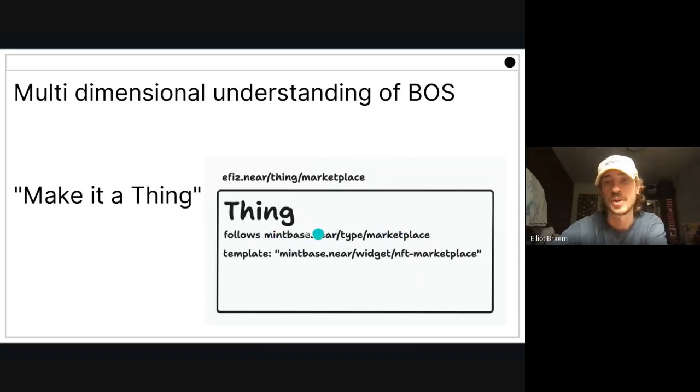And through this predefined schema, we can also organize other things that do the same thing. Mintbase is still part of the picture and we can understand the attribution of them all. If Mintbase were to create a type, they could even know how many things are utilizing their type. So it's able to put it all together to form more complex applications on BOS.